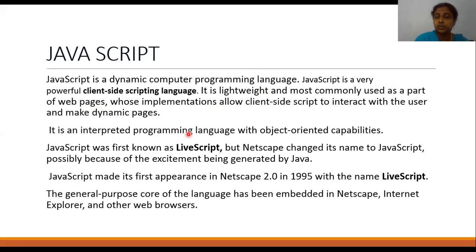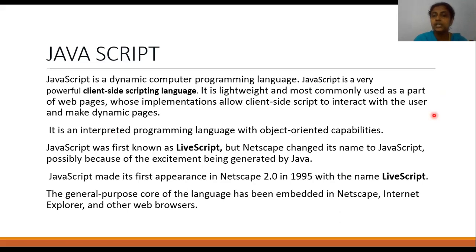It is an interpreted programming language with object-oriented capabilities. So it has the concept of an interpreter. I think you remember that in computers there are two types of translators, interpreter and compiler. A compiler translates the entire code and then shows you the output. If it is an interpreter, it checks line by line and translates into machine-understandable language. Visual Basic is also an interpreter language. Java and C are compiler-based languages, but JavaScript is an interpreter-oriented language